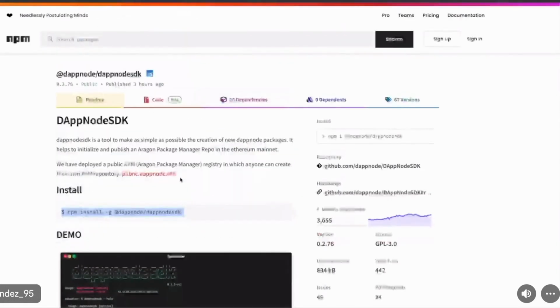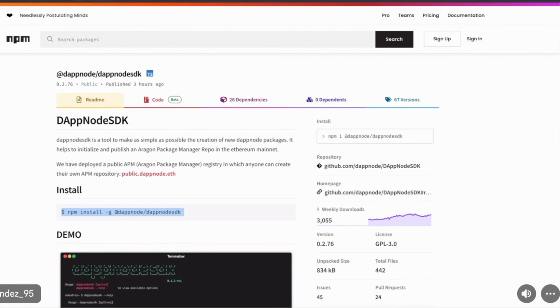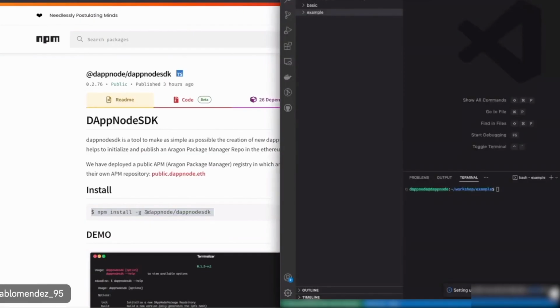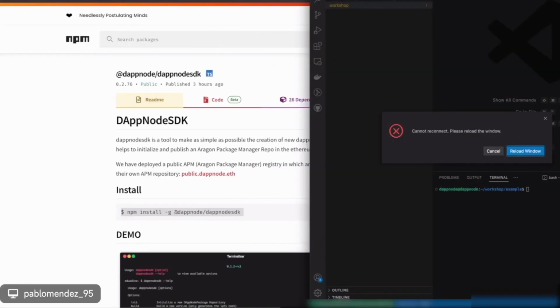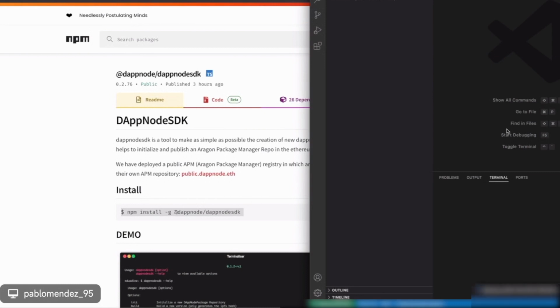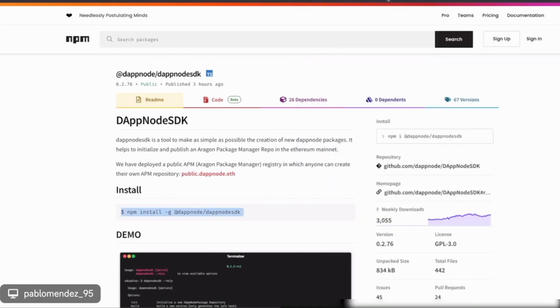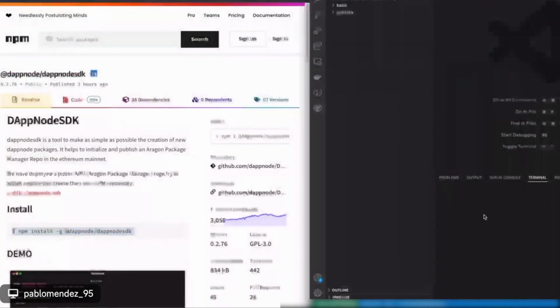So I'm going to get into the terminal and show you how this works. You can choose to install this library globally, but I prefer to use npx, which is like always using the latest one.